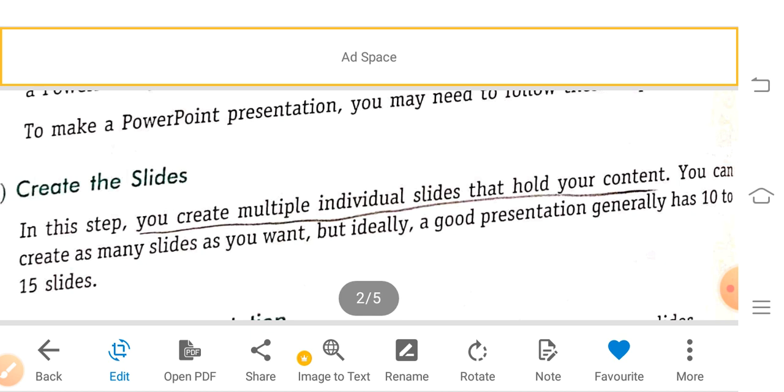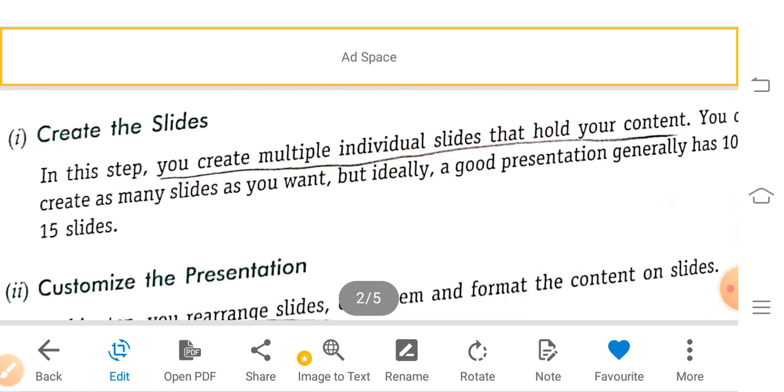Just remember that while you are creating the file, in one presentation you can create 10 to 15 slides. Suppose you want to create multiple individual slides, just hold the corner, then you can add as many as you want.